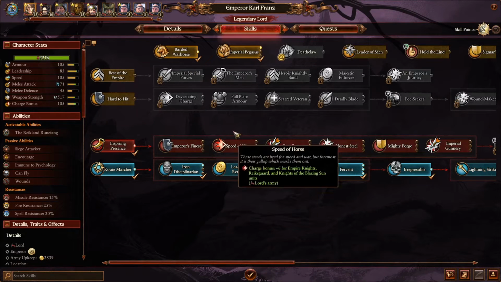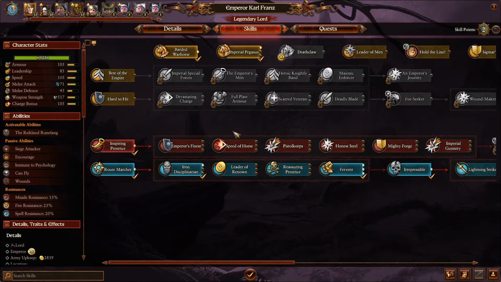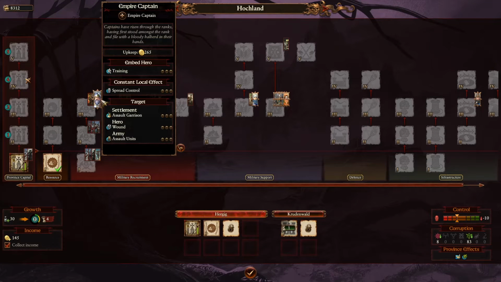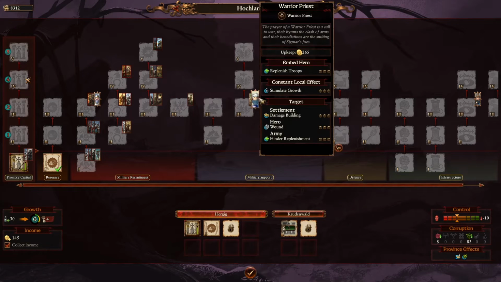Now, in terms of the heroes, our heroes have important embedded abilities. So when they are with an army, accompanying an army, they have an ability such as training from Empire captains, such as replenishment rate from warrior priests. I do love this one. It's one of my top priorities, to always have good replenishment. It helps ensure that you maintain the pace within a campaign and